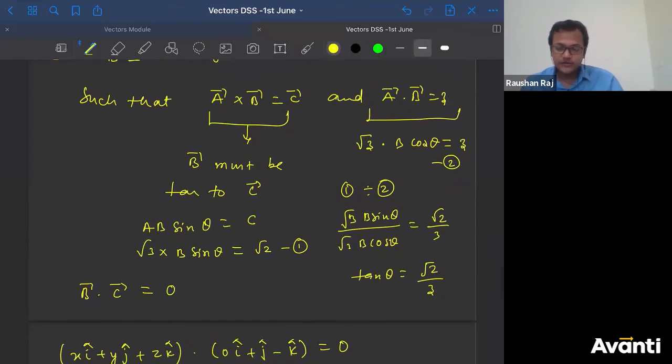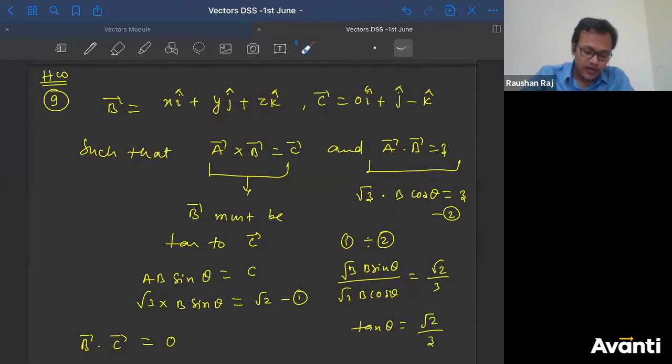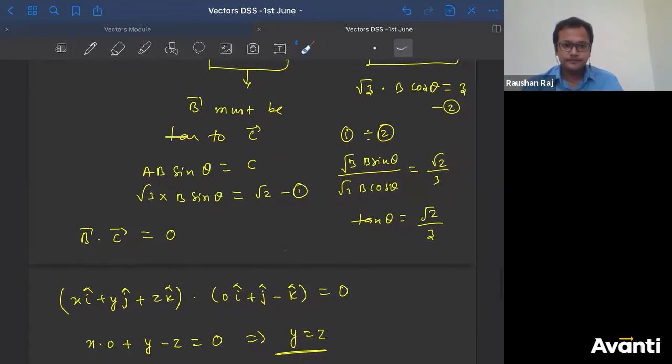Now how will I get the values of x, y and z? I got this relation that y and z have to be equal. How will I get the value of x? How will I get the values of individual y and z? Come on, tell me quickly. I have used this part, right? How should I go ahead? You have all the conditions and equations in front of you. Tell me, what should I do now? I got a relation between y and z, but how will I get x, y and z?